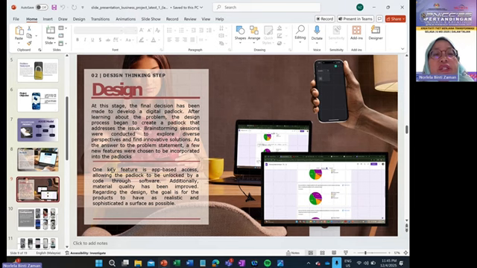A few features were chosen to be incorporated into the padlock. One key feature is the app-based access, allowing the padlock to be unlocked by a code through the software. Additionally, material quality has been improved. Regarding the design, the goal is for the product to have as realistic and sophisticated a surface as possible.